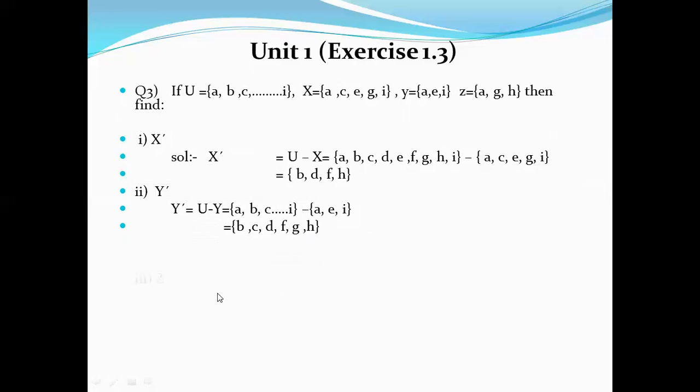Now come to the third part. The third part is Z complement. The same process we will repeat for Z complement. From the universal set, we subtract Z. A, B, C up to I, the universal set, minus Z, which is A, G, H, already given in the question. We will subtract A, G, and H from the universal set, and the remaining elements B, C, D, E,